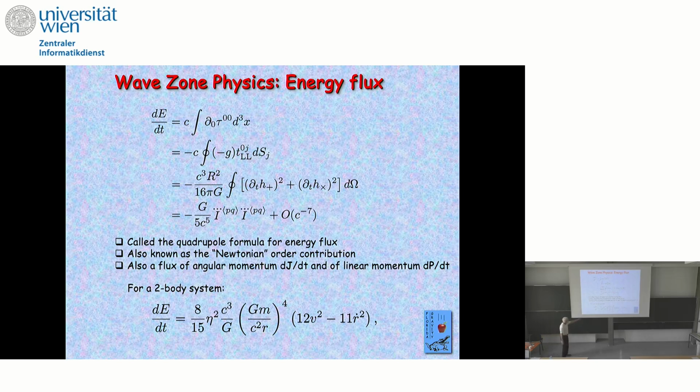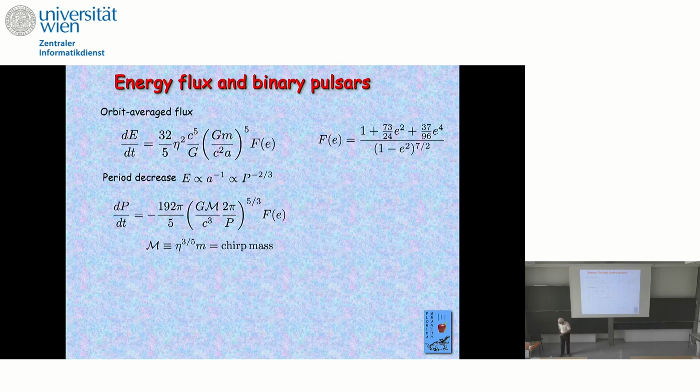Anyway, so here's what it looks like for a two-body system in terms of the orbital variables. This is the square of the velocity of the orbits. This is just the radial part if you have an eccentric orbit, so they're getting further and closer together. So it's a very nice simple formula for dE/dt for the simple binary. You can take that and average that